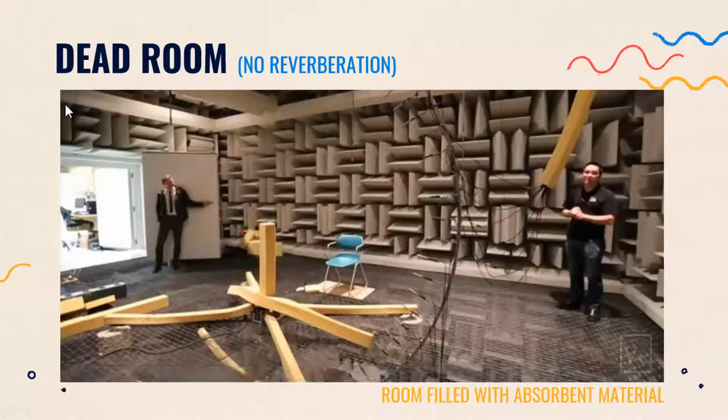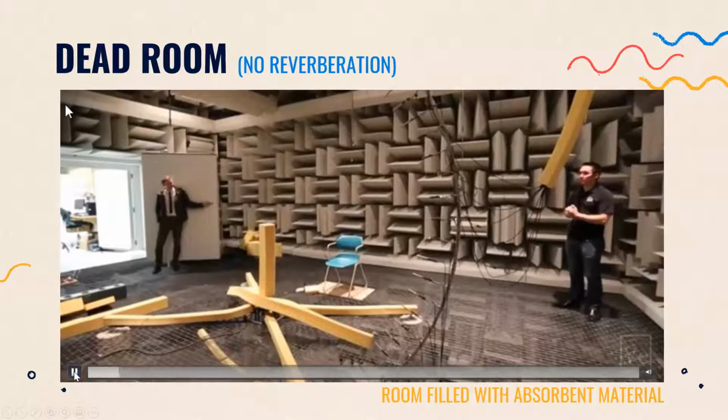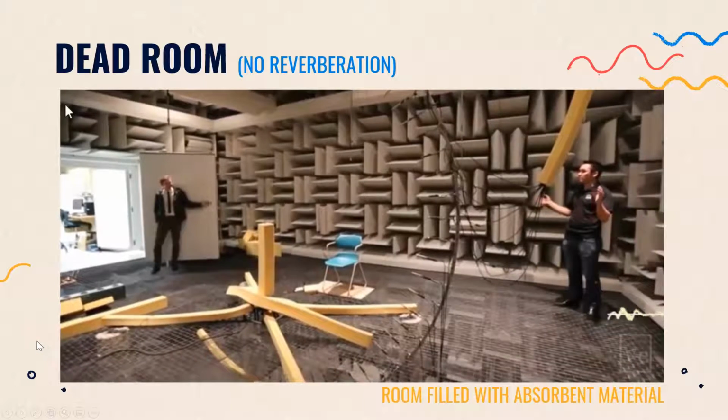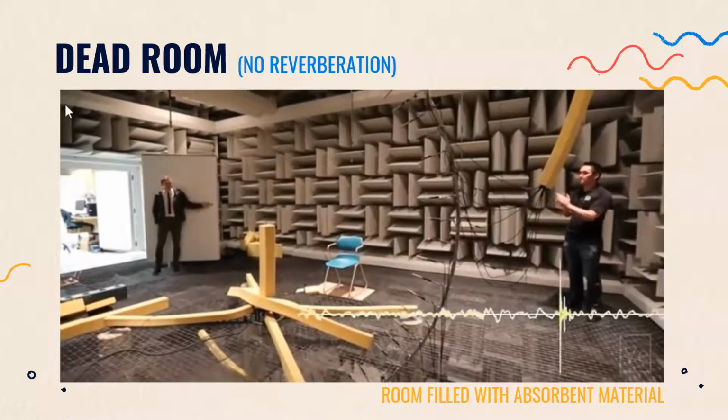Now, what is that room? This room here is filled with absorbent material. I'm going to play and we can hear what happened when there's too little sound reflection. You can hear how the room deadens echoes by clapping constantly while closing the doors.